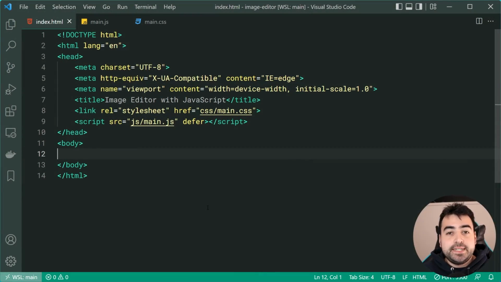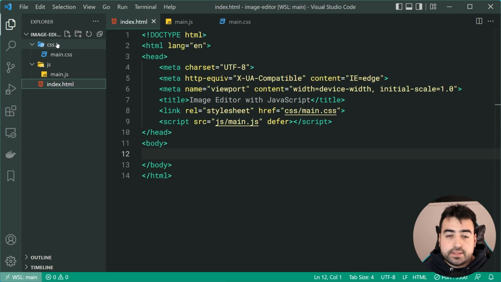All right, so we can begin within the HTML file right here. We're going to be beginning from scratch to create what I just showed you. Now we can see here I've also linked up a CSS file that is within a directory called CSS, and the file is main.css. I've got the exact same setup for the JavaScript file right down here, and I'm also